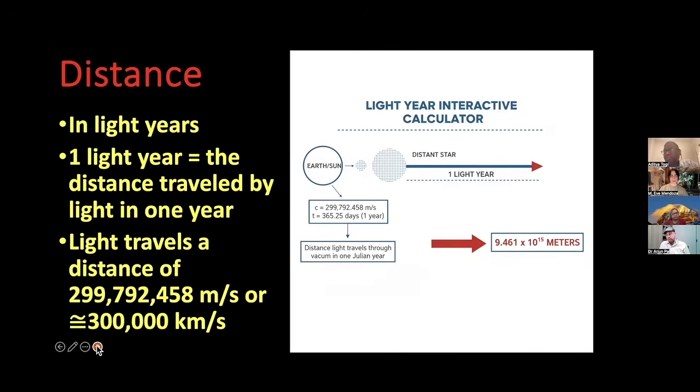Distance, the unit I'm measuring in is the light year. You must have studied in school what a light year is. A light year is nothing but the distance traveled by light in 1 year. The speed of light is about 300,000 kilometers in 1 second. Okay, it's not exactly 300,000, it's 299,792 kilometers per second. So in 1 year, calculate how many seconds, multiply that with this speed, and you will get the distance traveled. For reference, I've given you this distance here, 9.461 times 10 raised to 15 meters.